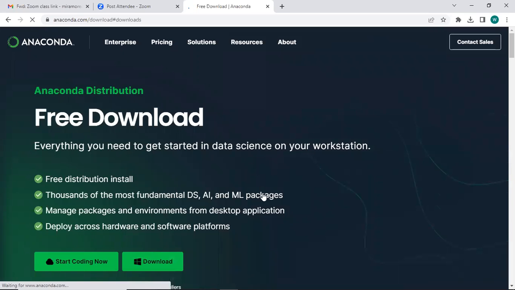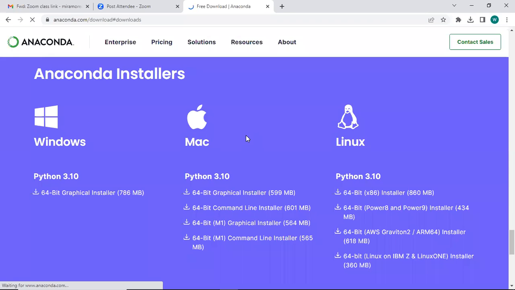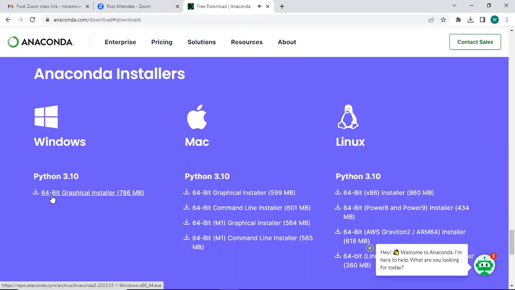Right here, you can see Python 3.10 for Windows, 64 bits. Depending on your system, you then come and download it. If you're using Mac, you go for this. If you're using Windows, you go for this very one that we have here. So this is for the distribution method.